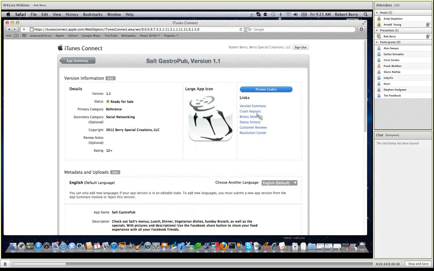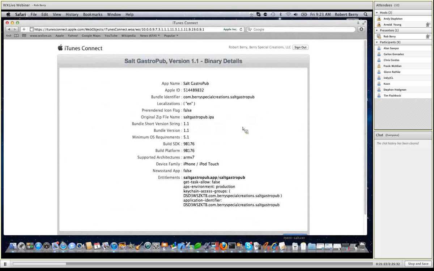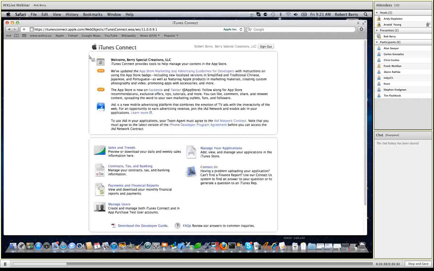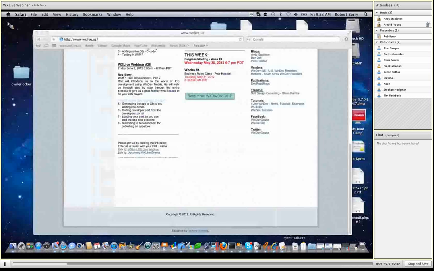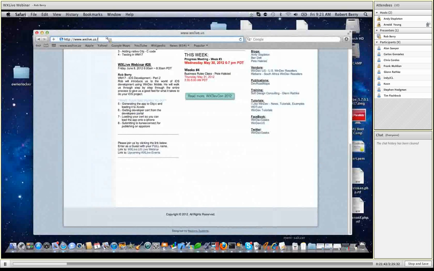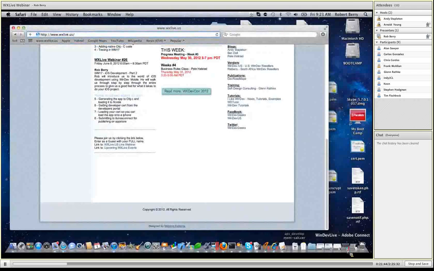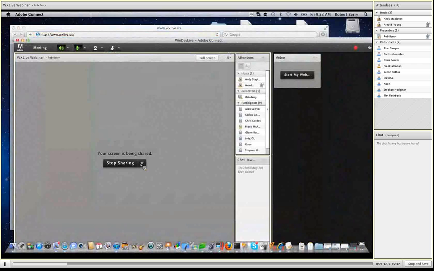You can get all kinds of information from the system, details in your binary. See, these are my certificate, my entitlements, they call them, once you push them. There's just a ton of information, and that's just the overview of that. So let's have a look at Windows 17 here. Just click over to my